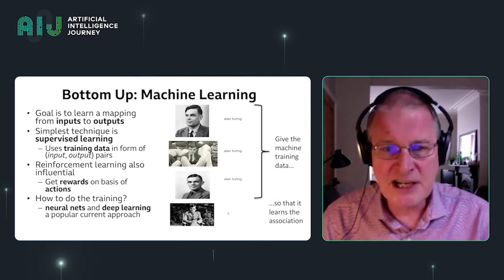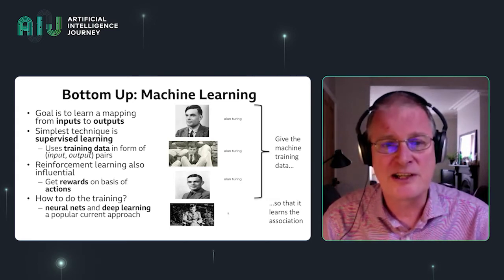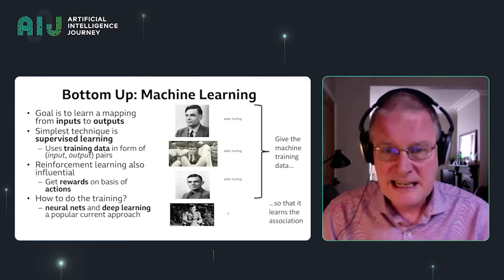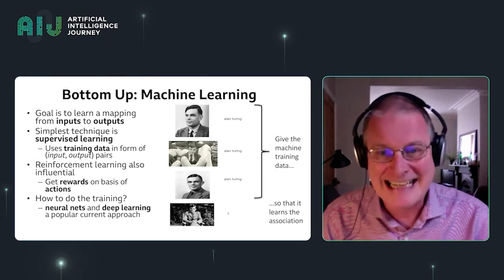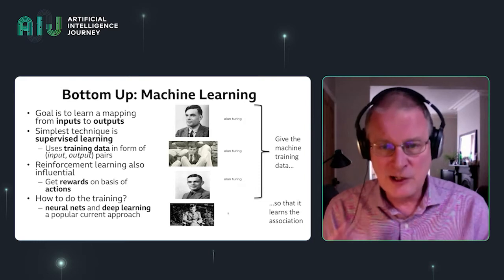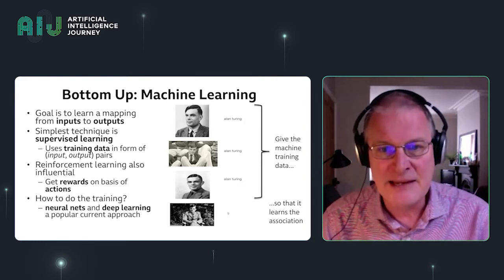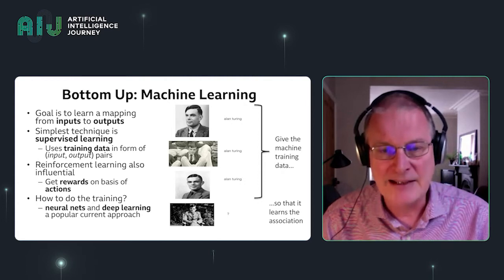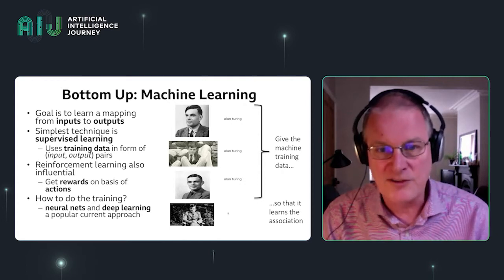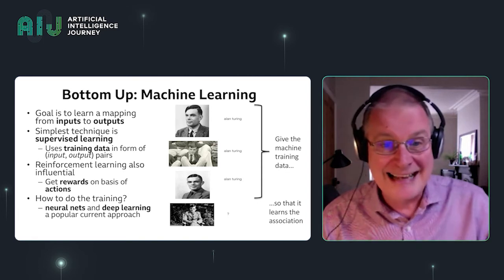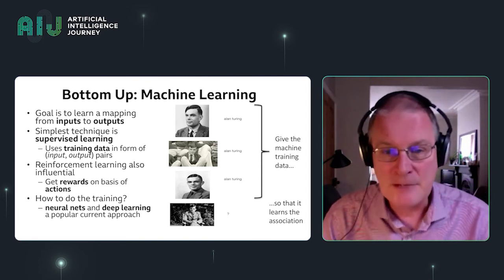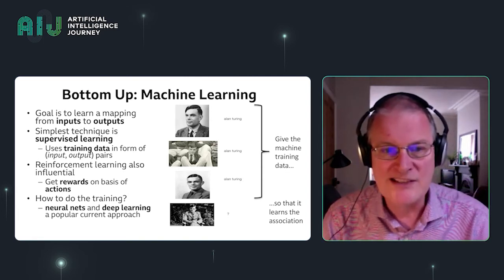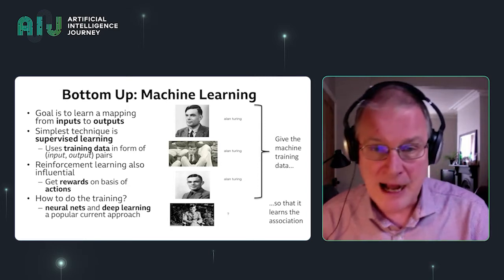The simplest, or most straightforward, kinds of machine learning are what are called supervised learning. And supervised learning is where we're doing exactly what we do here. We're giving lots of training data. Here is the input, a picture of Turing, and here is the desired output, the name Alan Turing. And we give the program lots and lots of those examples. And eventually the program can produce the right output when subsequently given an input. But there are other kinds of